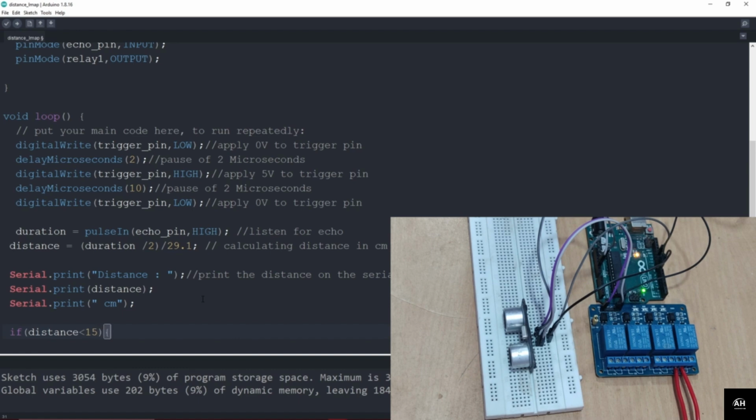At that time we want our relay module to be turned on, so I will just type here digitalWrite, and in here we will just provide our relay 1, and we will set it to LOW, so it will turn on the relay module with the lamp. So I will just add a comment in here. I'll type turn on the lamp,